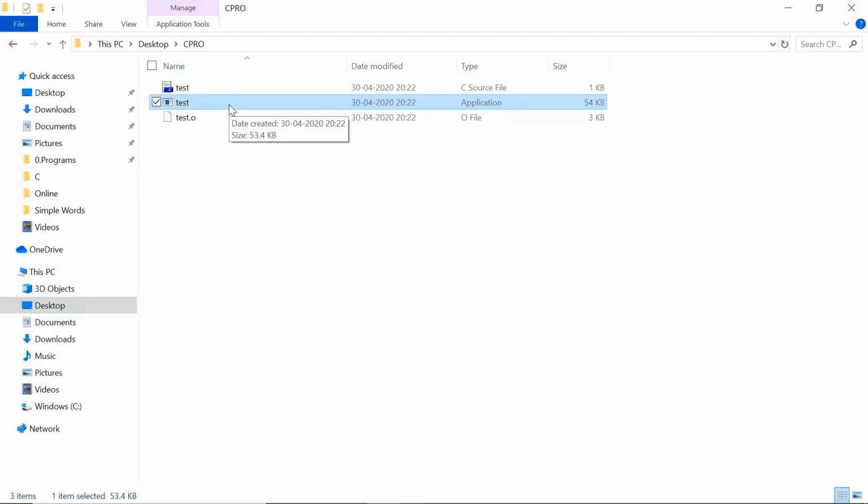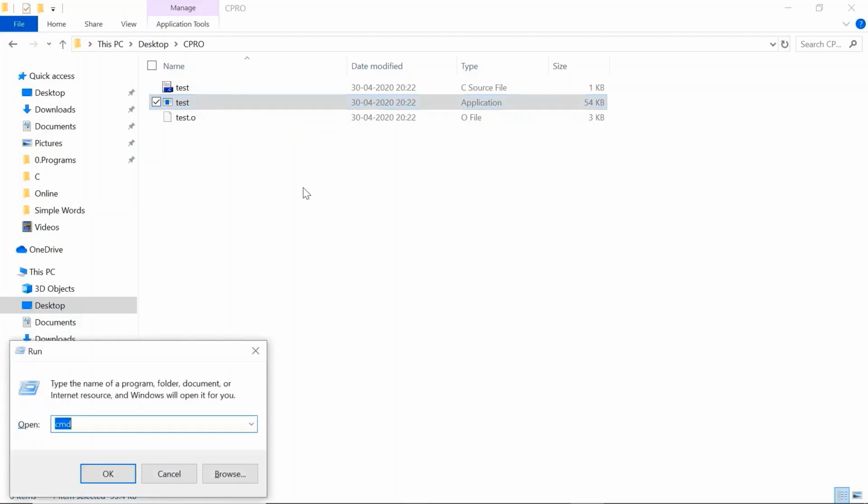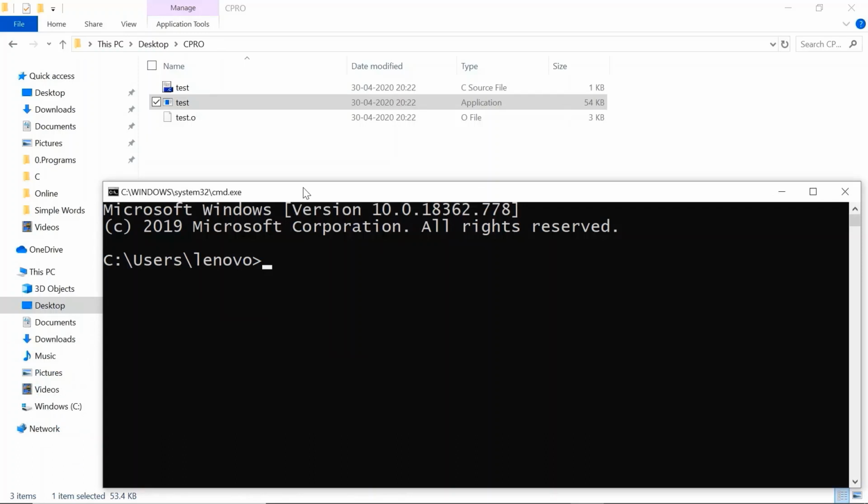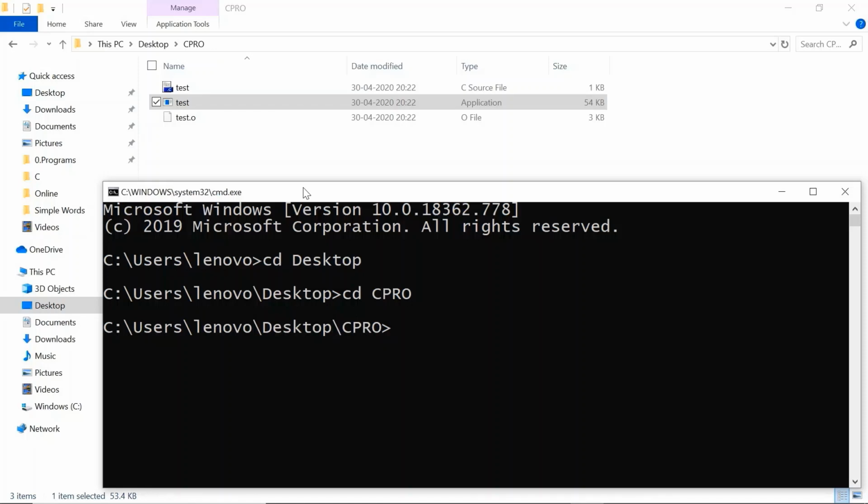Now let us see how we can execute the same file through command prompt. Let us open command prompt first: Windows R, CMD, and hit enter. Now command prompt is open. Let's go to the folder where we have saved our program: cd desktop, cd C Pro, and here we can type the name of the executable file, that is test.exe, or simply we can type test.